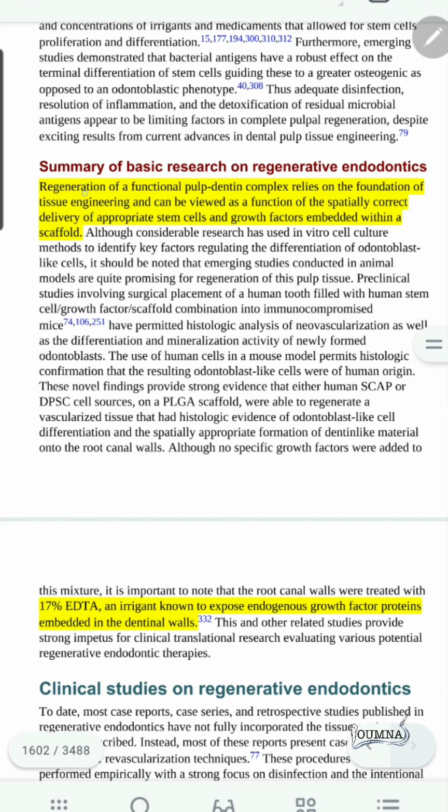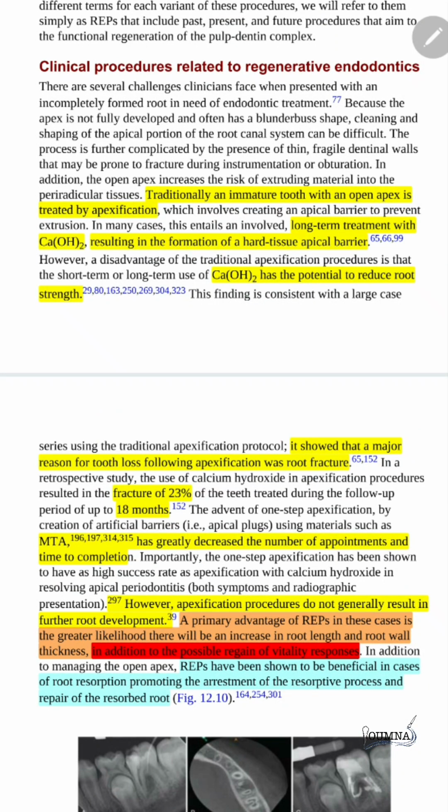They say that the regeneration of a functional pulp-dentin complex relies on the foundation of tissue engineering and can be viewed as a function of the spatially correct delivery of appropriate stem cells and growth factors embedded within a scaffold. Traditionally, an immature tooth with an open apex is treated by apexification, which involves creating an apical barrier to prevent extrusion. This was made by long-term treatment with calcium hydroxide, resulting in the formation of a hard tissue